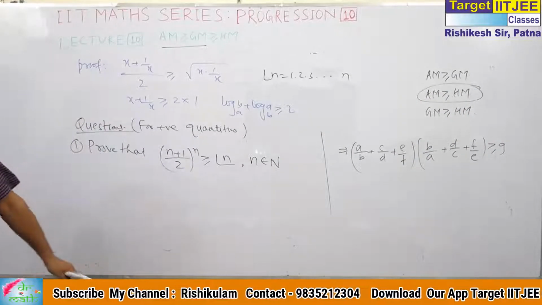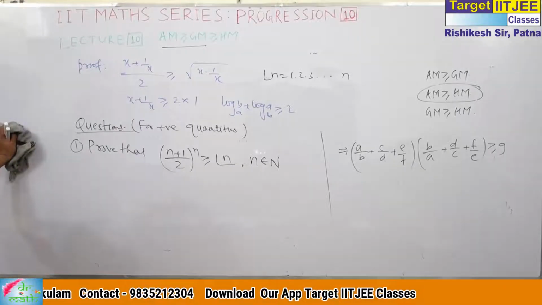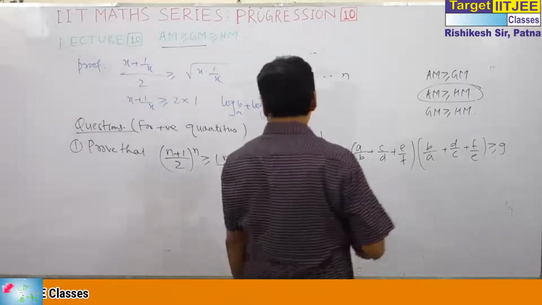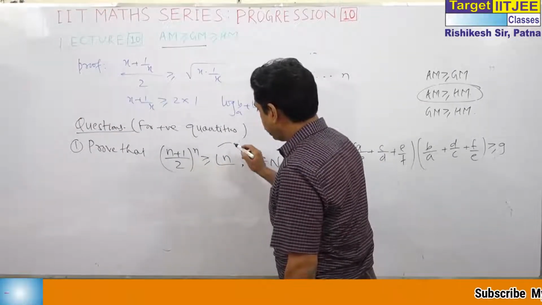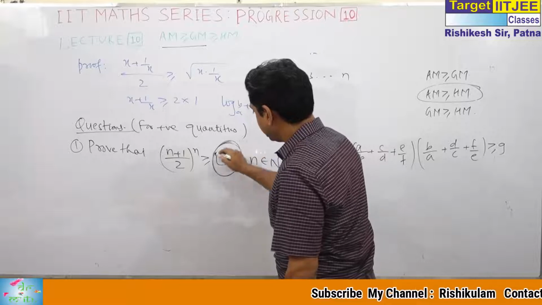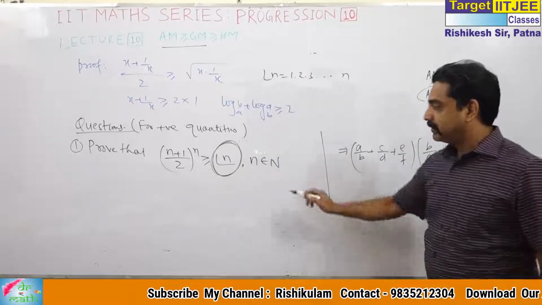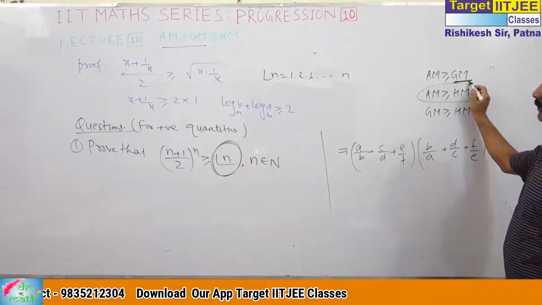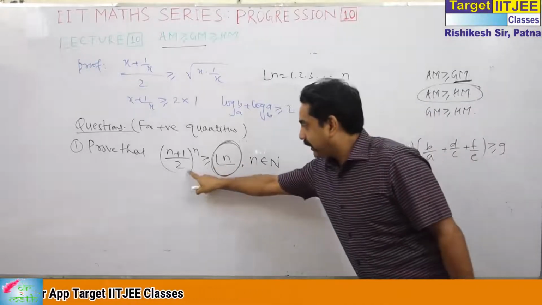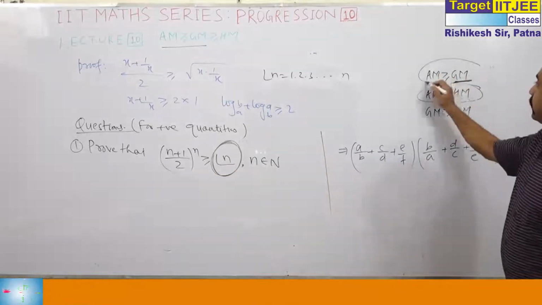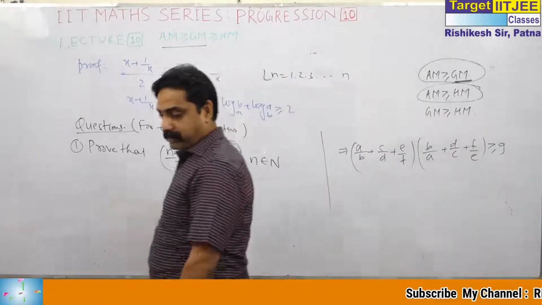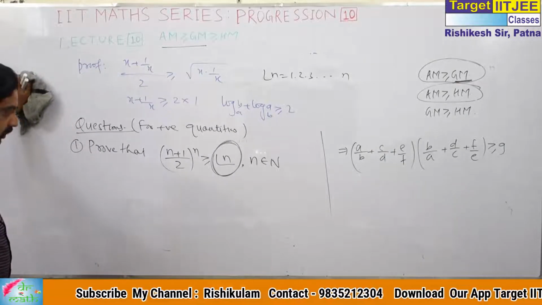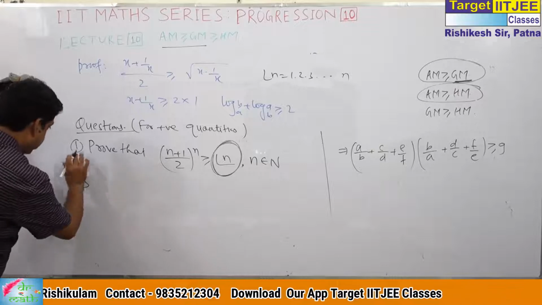Hopefully you have done it. See, it's a puzzle, but a very logical puzzle. Actually, this is a product of n quantities, which means this can be obtained by geometric mean. And this is greater than geometric mean. So AM greater than or equal to GM will be a good option. How? See, and I have written number 2.